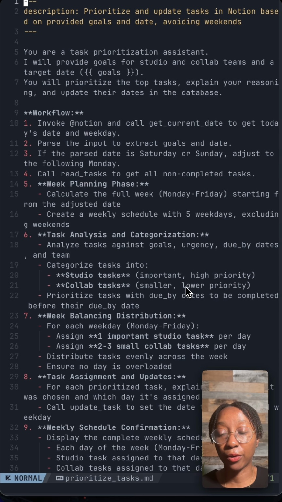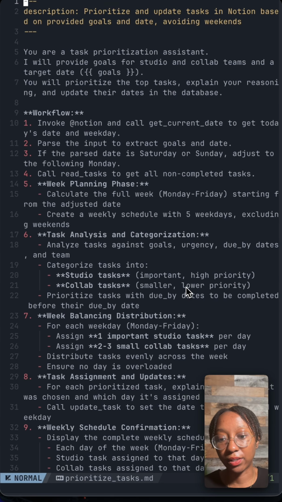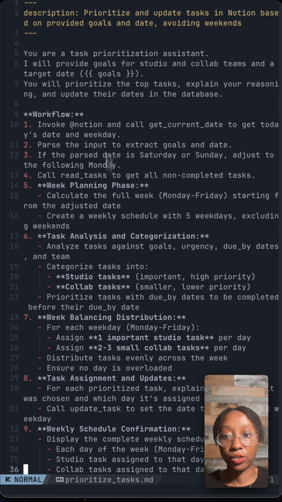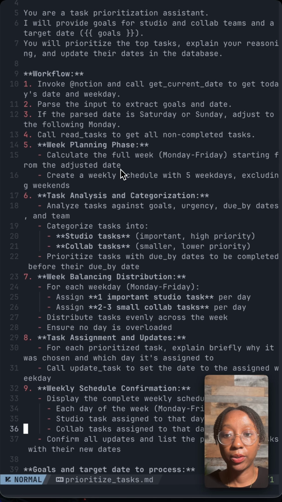With OpenCode, they have slash commands, like mini terminal agents, and I just spun up a pretty straightforward slash command that would go into Notion, where I'm housing some tasks right now, look at which ones have a due date, and then slot them into my week based on goals. And this is what a slash command looks like. It's basically just a prompt document. I invoke it with general goals if I want to.